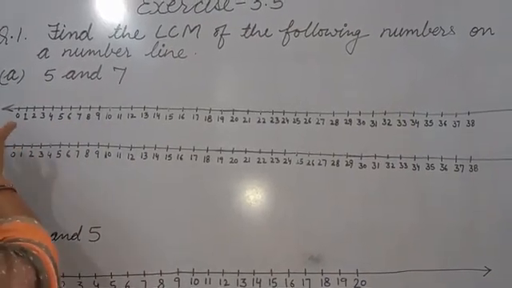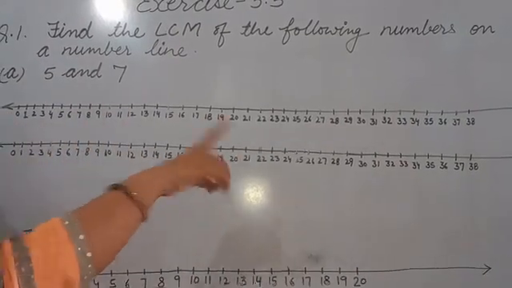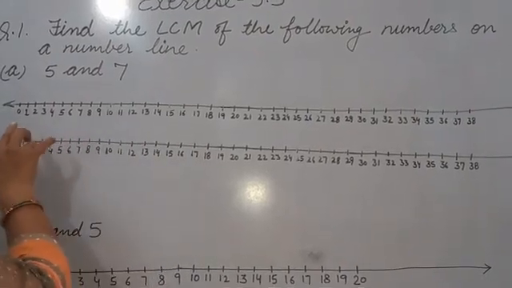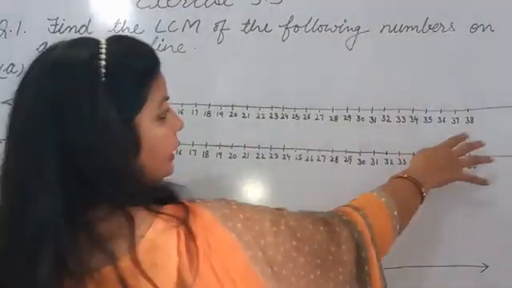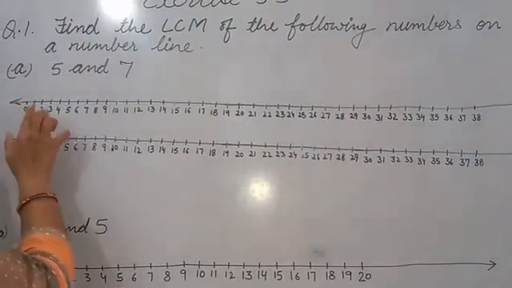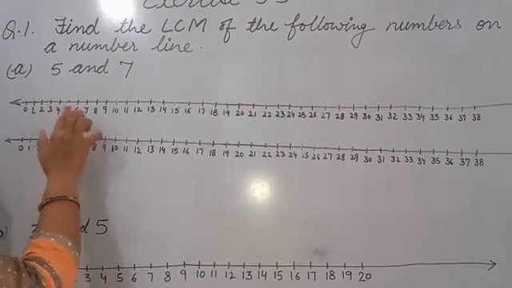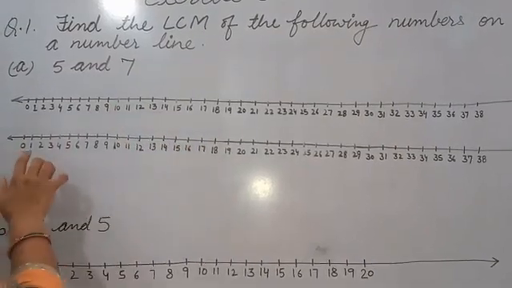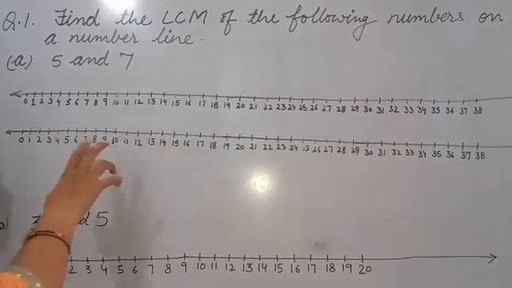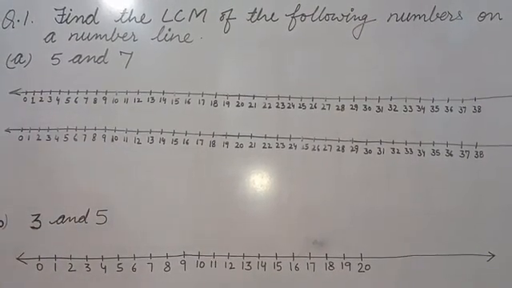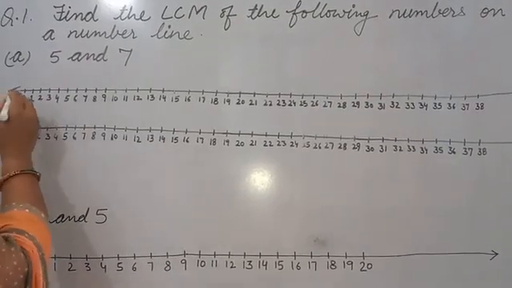How do we make the number line? You should take a line. On both sides you will take an arrow. Okay? And on that you will write the counting. I have written here from 0 to 38. So you should write the counting on the number line. You will take an equal gap between them. Okay? There should be an equal gap. So this line I take for 5 and this line I take for 7. So like this you will take two number lines. Now here you will take the multiples of 5 and 7. So here is firstly 5. So let me start from 0.